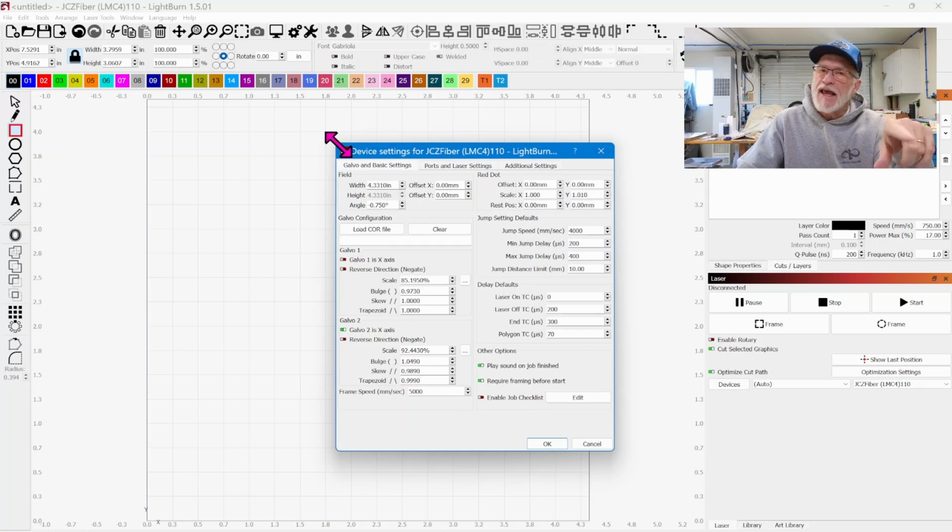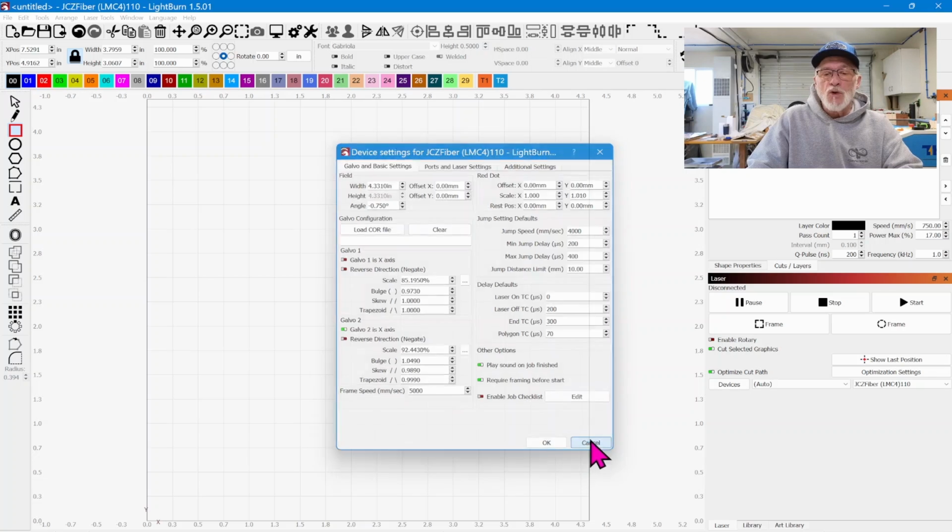I don't see any way to export these files yet, and if somebody knows how to do that, if they would comment in the comments below, that would be fantastic. But what I do, since I don't know any other way to do it, is I screen capture this and put it in that same backup file. And you'll want to do that for